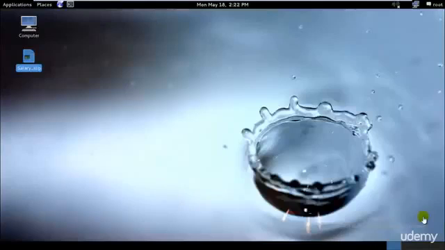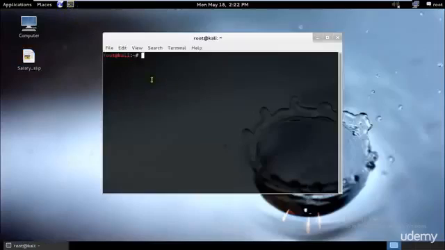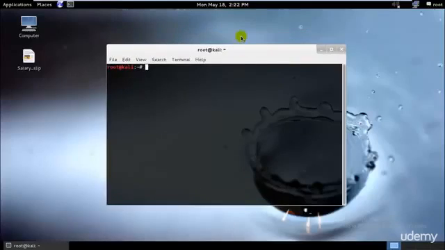Hey guys, welcome to the next tutorial of ethical hacking and penetration testing via Kali Linux. So in this tutorial I'll be teaching you about the credential harvester method of social engineering. So I'll just go ahead and start the SE toolkit